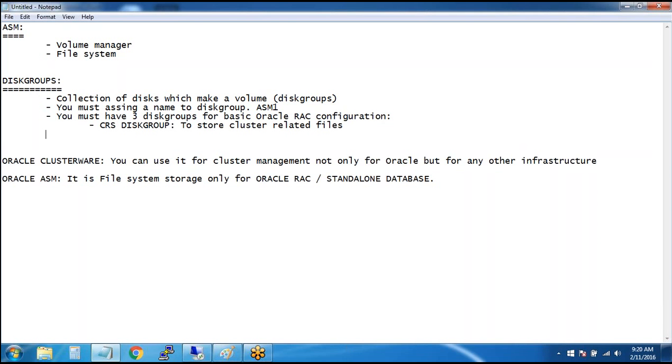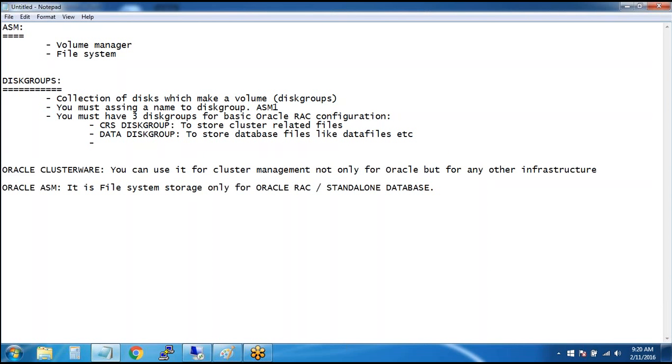All the cluster related files will get into the CRS disk group. Then the DATA disk group to store database files like data files, etc. And finally, you should have the FRA disk group. FRA is the fast recovery area, to store